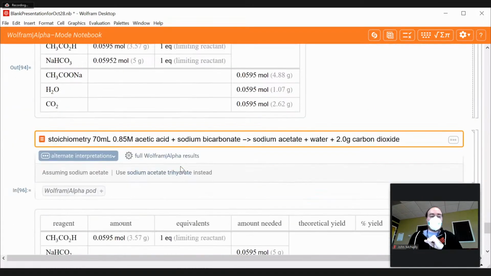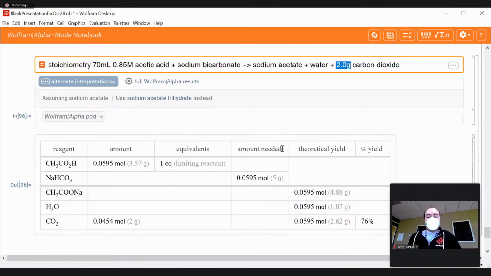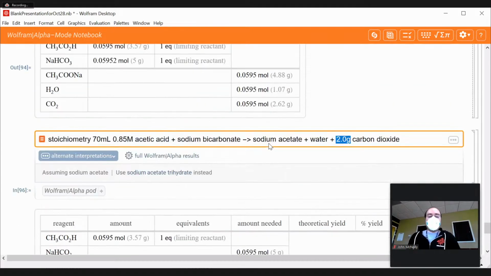So then your student might think, okay, well, what happens if I run this amount of acetic acid with an unknown amount of sodium bicarbonate, but I measure in my lab that I got that much carbon dioxide out? What would that tell me? And then we get all this great information. So that's how we can use